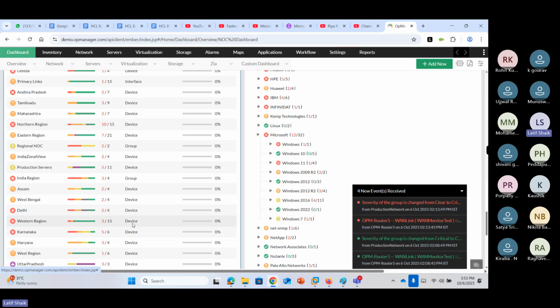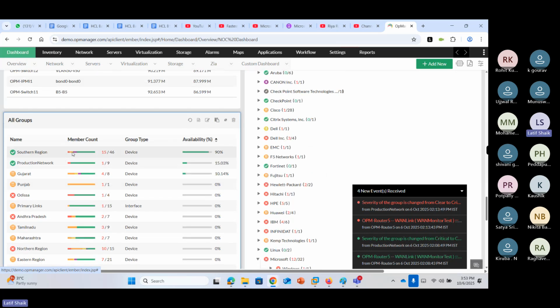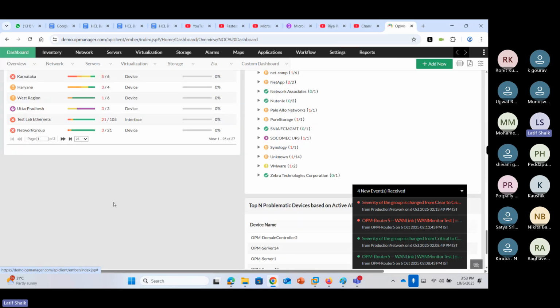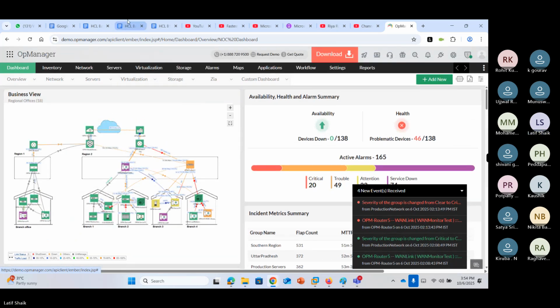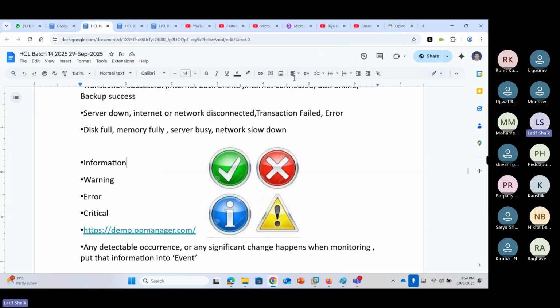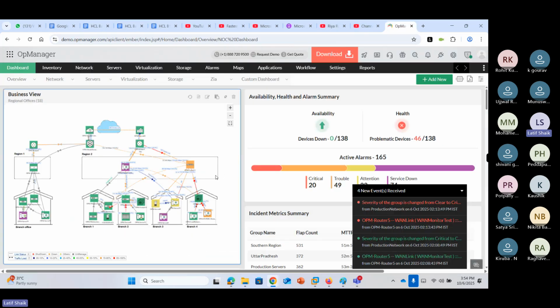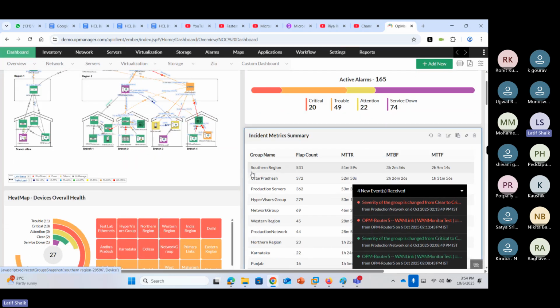These are region wise: what the regions are, the total number of devices, and out of those how many have issues. The whole point, guys, is that it monitors current performance and generates events. It takes everything as an event.